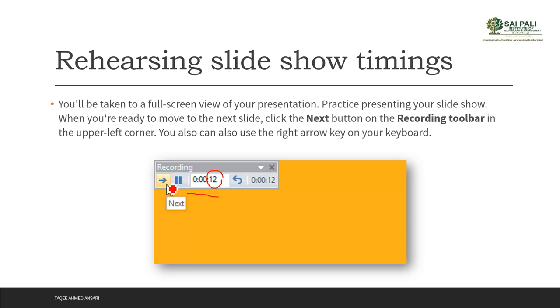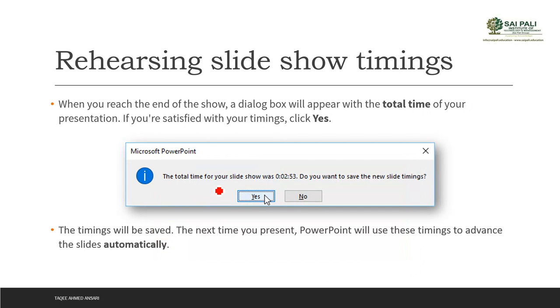You can select Next when you're done with the current slide, and it will keep recording your timing for each slide. When it is done, it will show your total time and ask if you want to save it or not. When you save it, the next time you run the presentation, it will go according to what you recorded in this rehearsal.